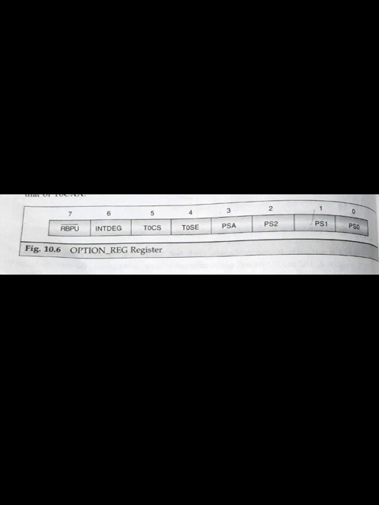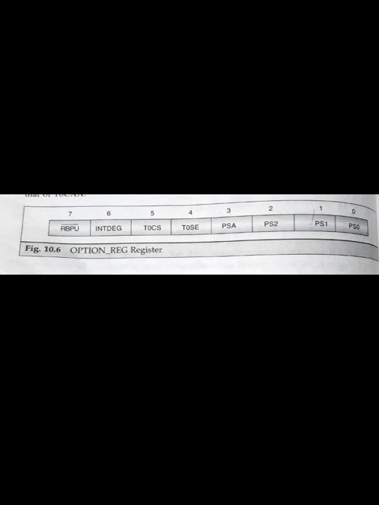So here it is shown in the table. The bit values from PS0 to PS2 have bit combinations from 000 to 111, and the table also mentions the rate. As we have seen, if all the bits are 000, then for timer 0 the selection rate is 1:2, and for the watchdog timer WDT the selection ratio is 1:1.